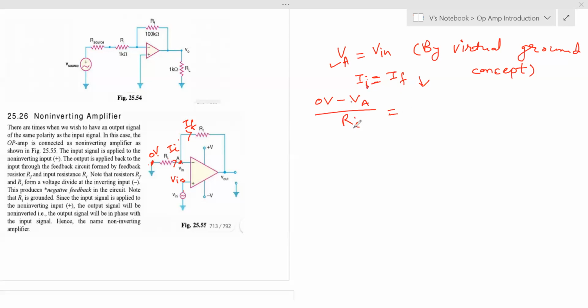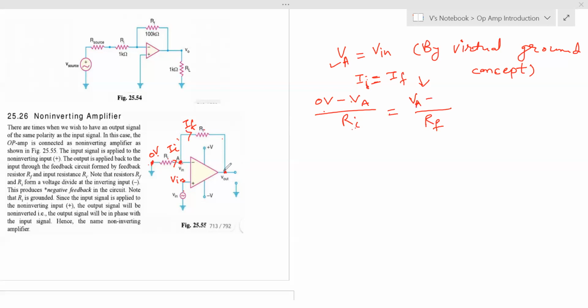That will give you the current II, that is the input current, right? Voltage divided by resistor, potential difference divided by resistor, will give you current, equal to, now write the equation for IF. Now for IF, the resistor is RF, right below RF. Now which potential difference do we have to take? VA minus Vout, right? These are the two voltages, these are the endpoints of RF. So at one end, VA is there.